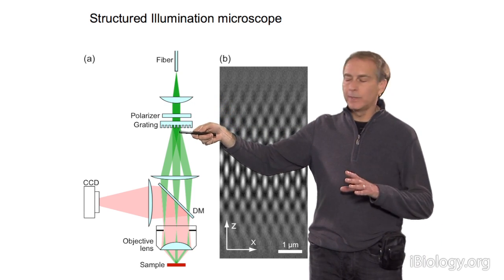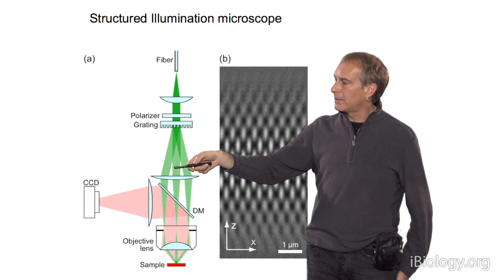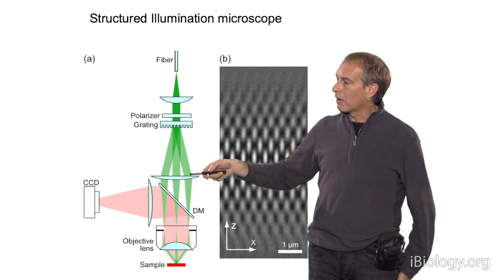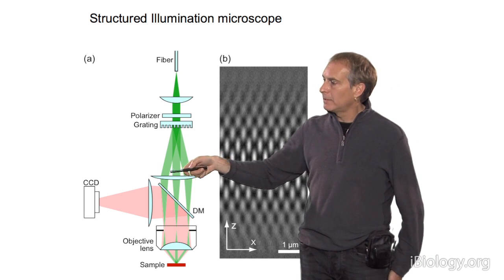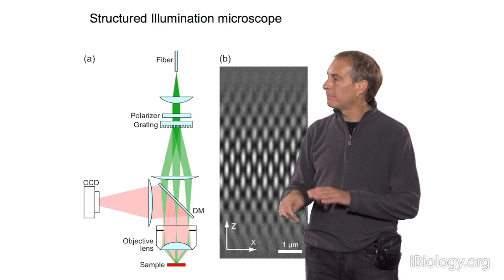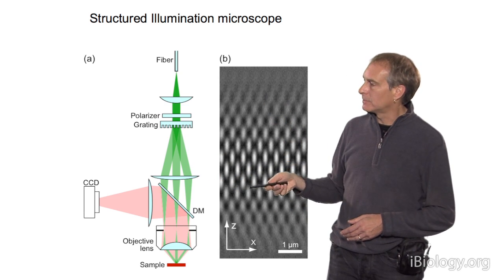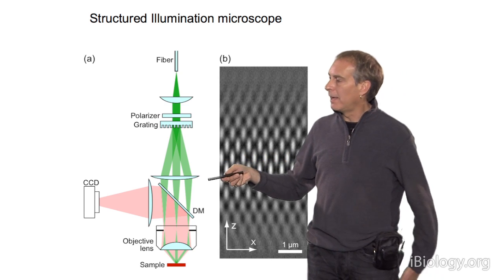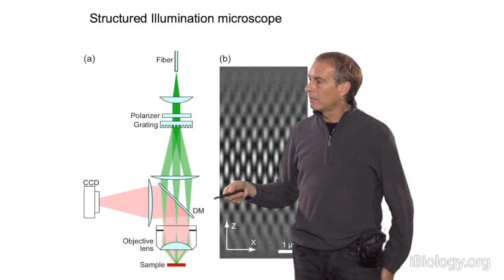That grating gives 3 diffraction orders, and these then get placed where the limit guys are imaged right at the limit of the back focal plane, plus the central term. They then form structure on the sample in X, Y, and Z. You can see here's Z interference terms and X, Y interference terms on the sample, and then we record those